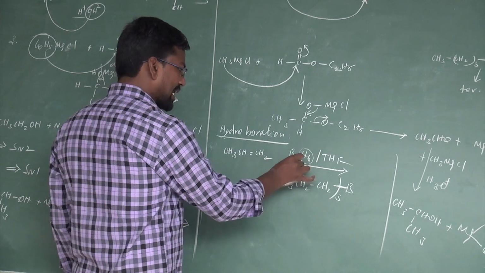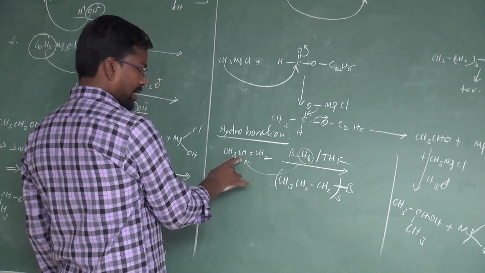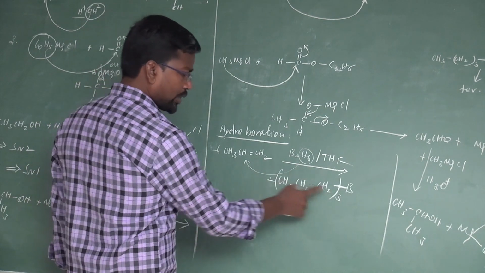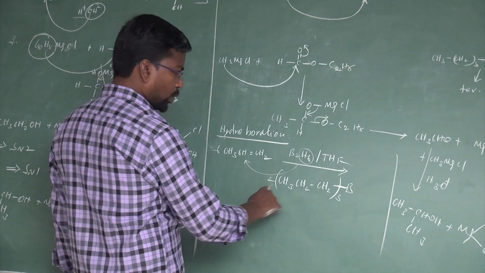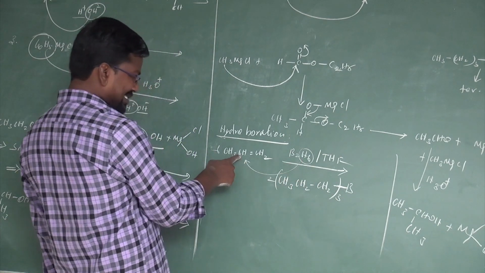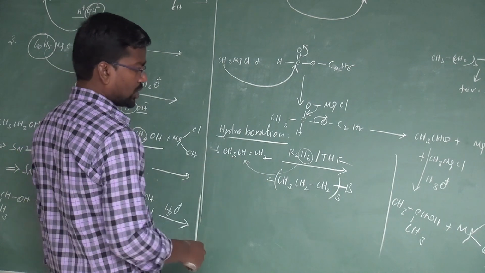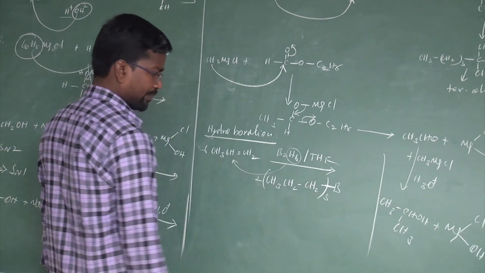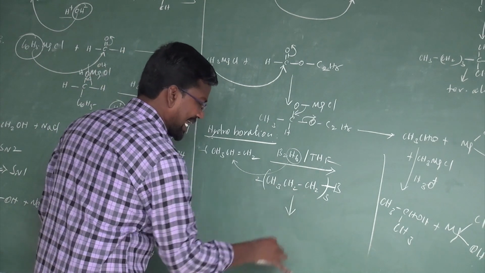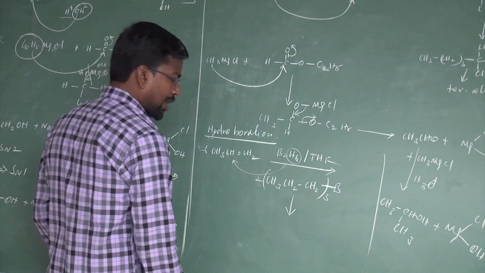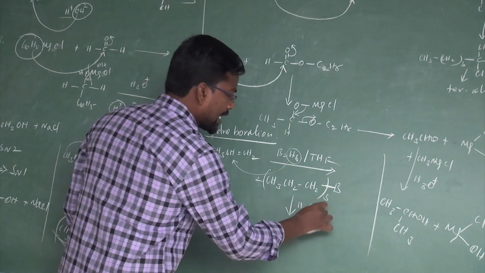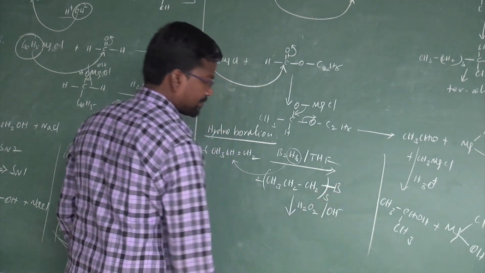The 6 hydrogens of diborane are added to the carbon-carbon double bonds. Six moles of propene are there, and 2 boron atoms, so B2, with 6 hydrogens added to 6 carbons, to form trialkyl borane, tri-n-propyl borane. The tri-n-propyl borane is then decomposed with hydrogen peroxide, H2O2, in presence of OH minus ion.